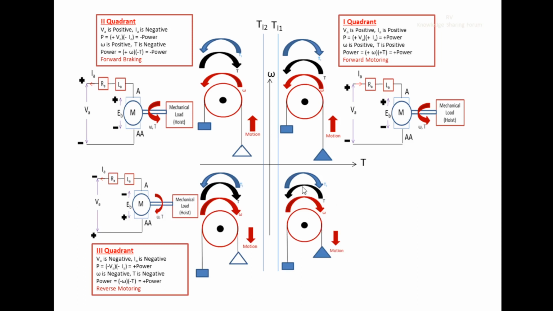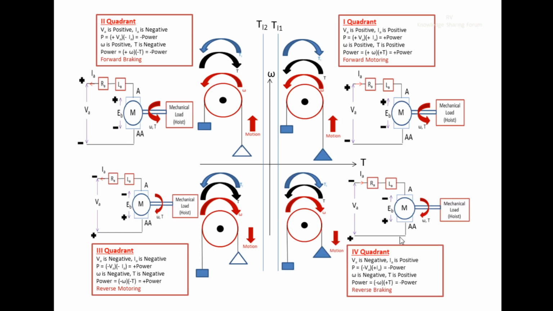Therefore your opposing torque should be in the counterclockwise direction, because I want to stop the motion of this loaded cage which is in the clockwise direction. Then I have to apply the opposing torque in the counterclockwise direction. So how do we achieve this braking torque, which should be in the counterclockwise direction in order to stop this motion which is in the clockwise direction? For that we are going to use an electric circuit here, similar to that of the second quadrant.